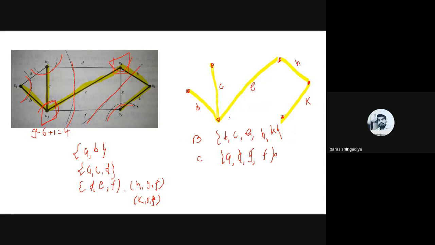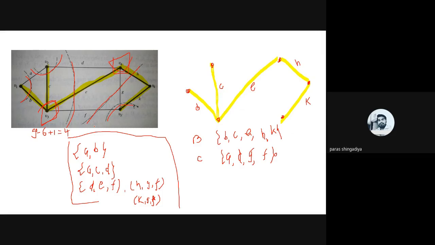If I consider another graph in place of that, then the branches and chords will be changed, and all the examples will be modified. This example is for the spanning tree that I considered for this graph. If I consider another spanning tree in place of that, then all the answers will be changed. The answers will not be the same. It depends on which spanning tree you consider for the graph.